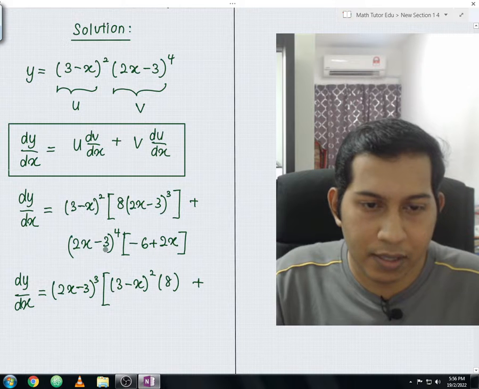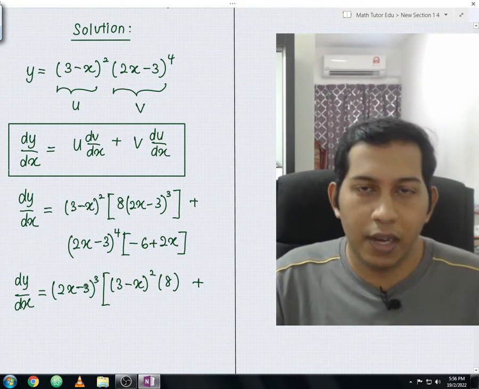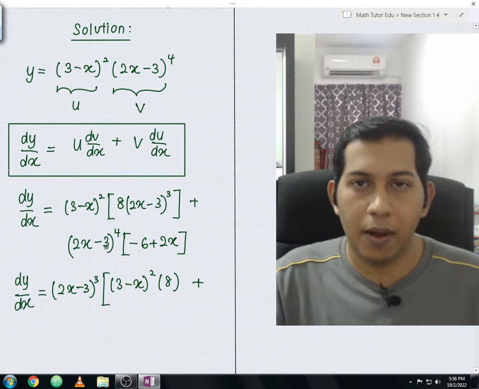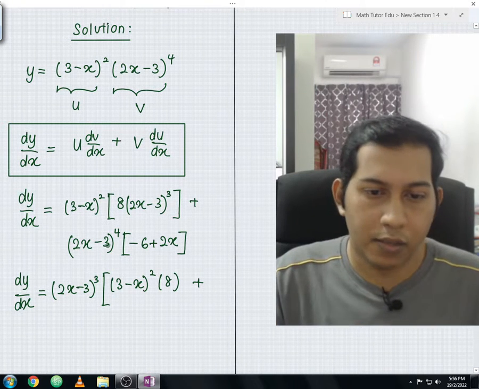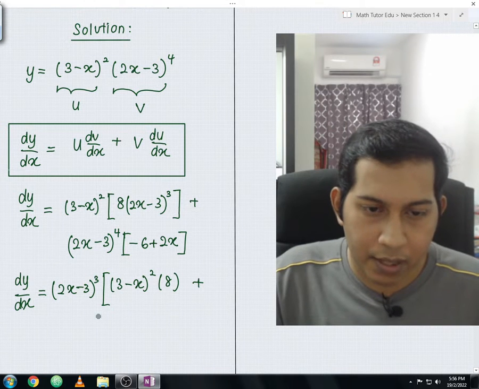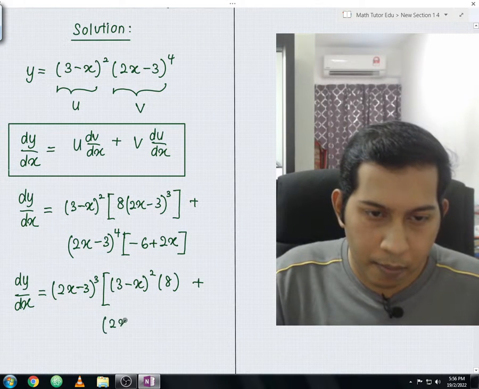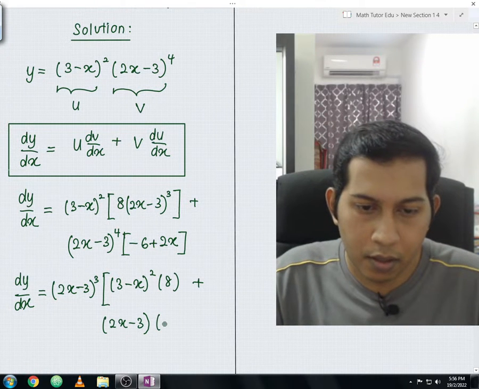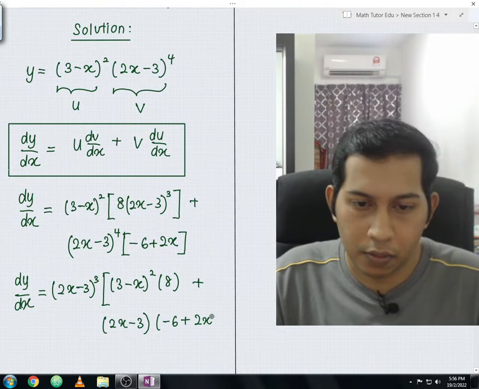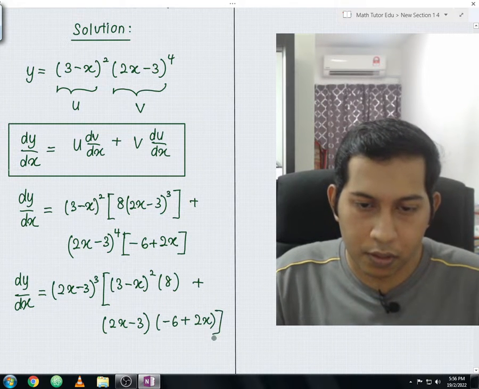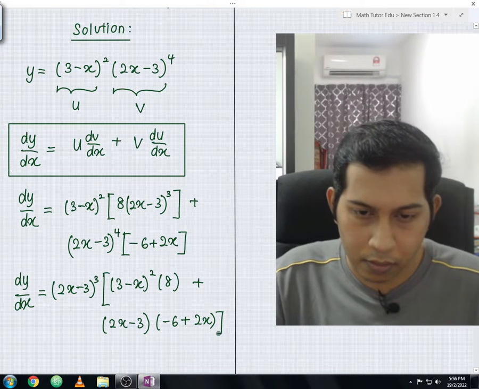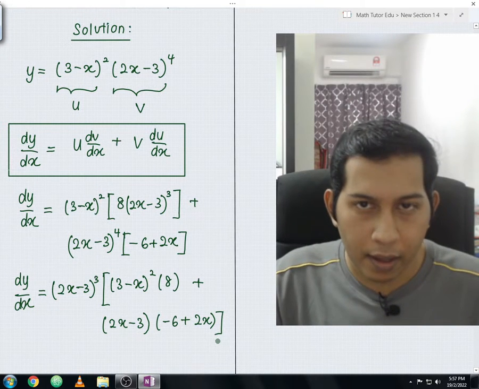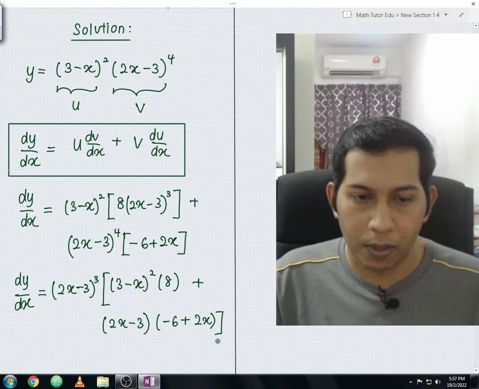So 2x minus 3 to the power of 4. 2x minus 3 cube we have already factored out, so you are only left with 2x minus 3 to the power of 1. So from here, plus with 2x minus 3, and then you times with negative 6 plus with 2x, close bracket. It's going to take a lot of expansion, but no problem. So let us do it